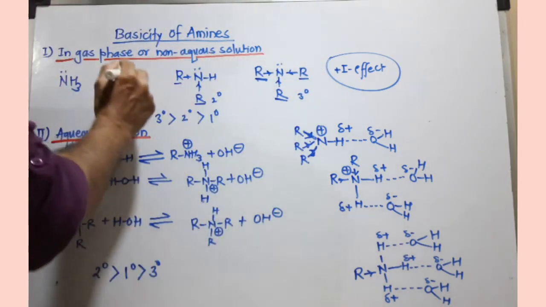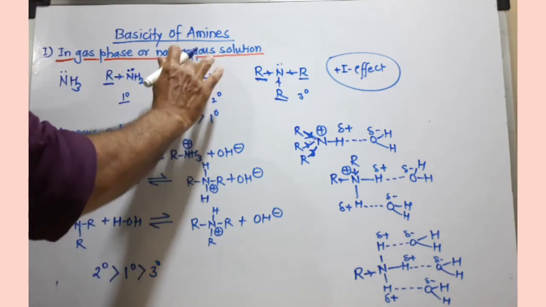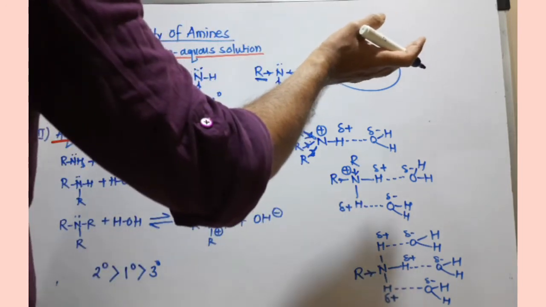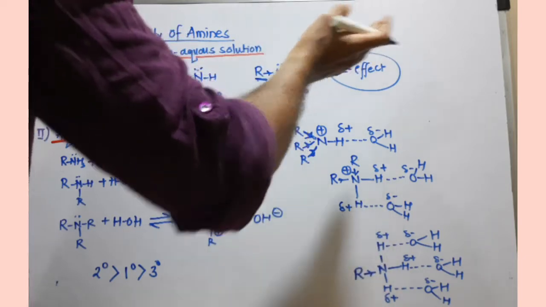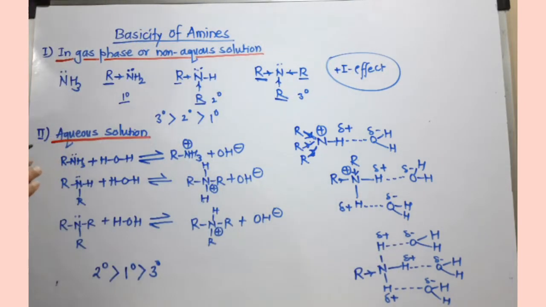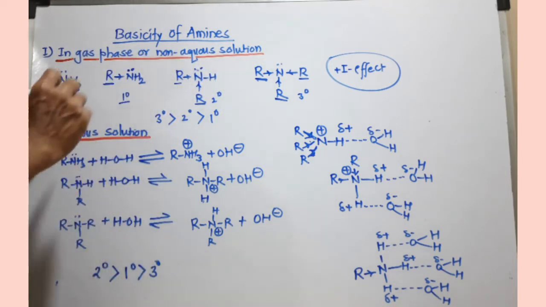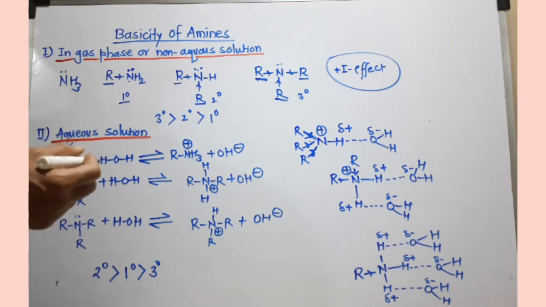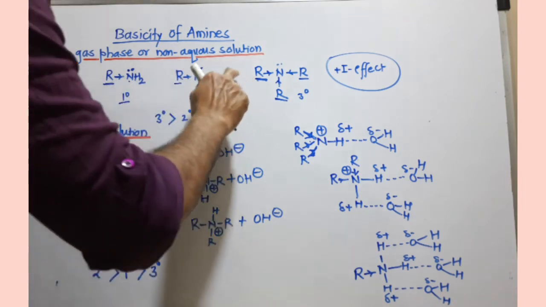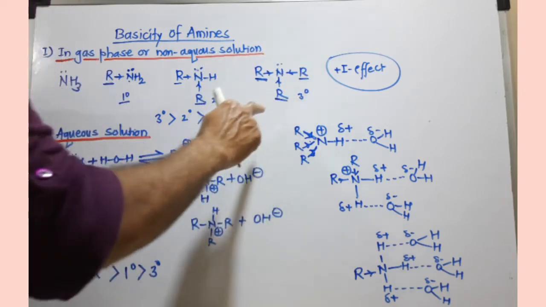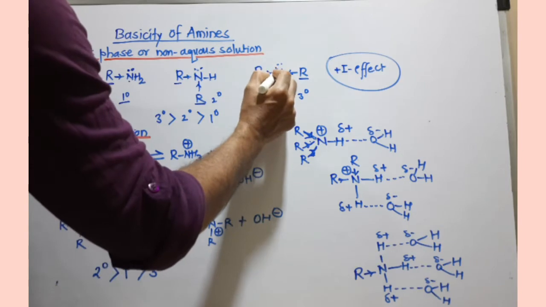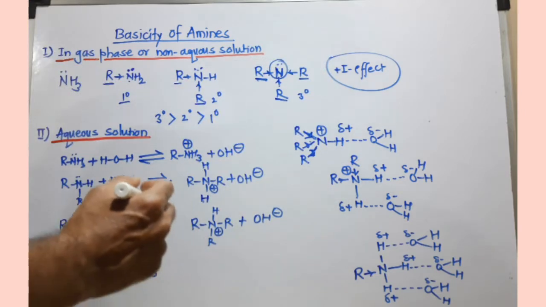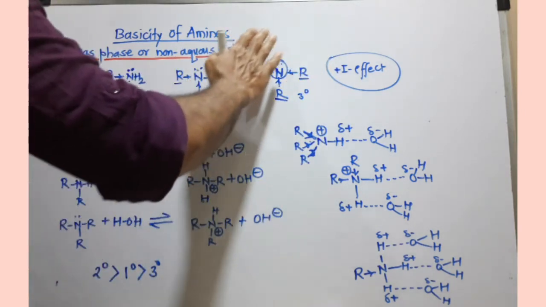And these are bases because there is a lone pair of electron present over the nitrogen. So this lone pair can be donated to the electron deficient species or it can be given to the proton. So because of this, these are bases, and if electron donating groups are present on the nitrogen where the lone pair is present, obviously it will increase the basicity. So since in tertiary amine there are 3 alkyl groups, the more electron density is there on this nitrogen, that means these electrons are easily available for the donation. So because of this it becomes more basic.